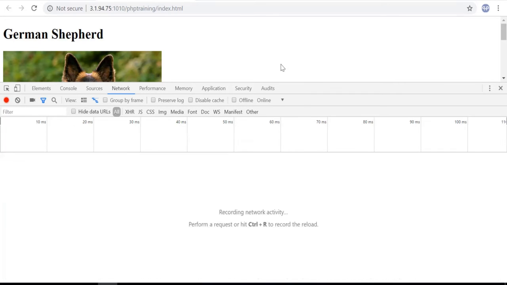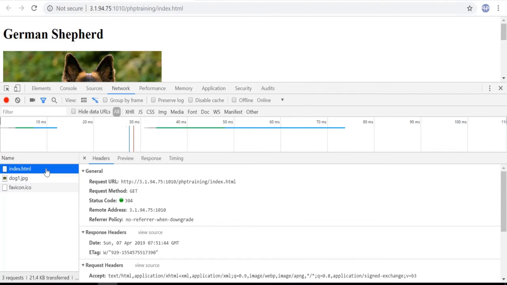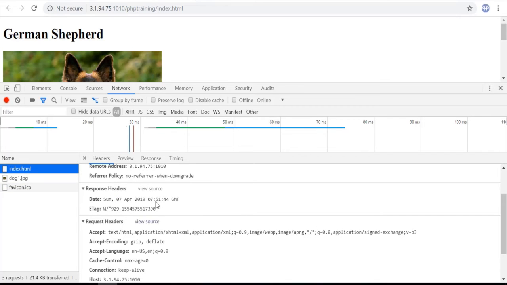So if I refresh and click this again, you should see there's a request response keep happening between the two servers. So this is the pattern that I want you to remember, that there is a request that has been sent from the client side to the server side, and server side will give you a response of whatever resources that we are asking for. This is very important to understand how PHP works.